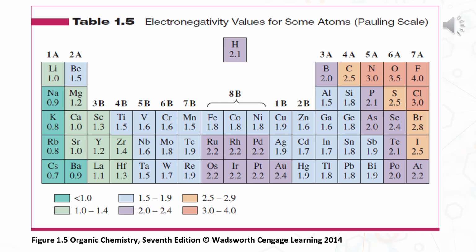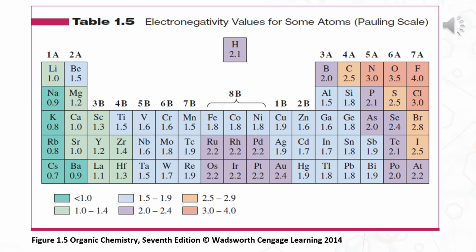And the nonmetals generally have higher electronegativity than metals. And the larger electronegativity difference between atoms results in a more polar bond, while the smaller difference leads to a nonpolar covalent bond. And the electronegativity values help predict the bond type, bond polarity, and molecular behavior of the atom. Okay? And also the colors used in there are used to distinguish the values or the range of the electronegativity.